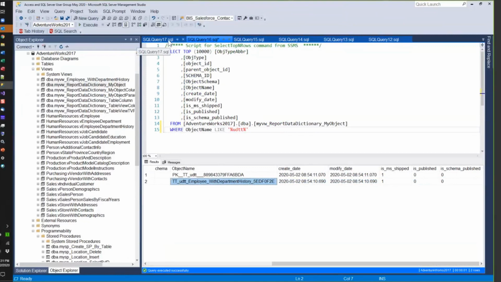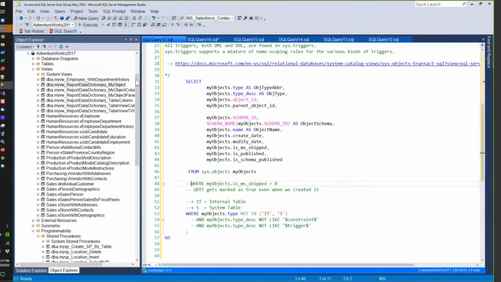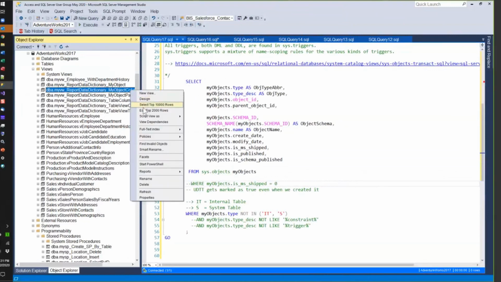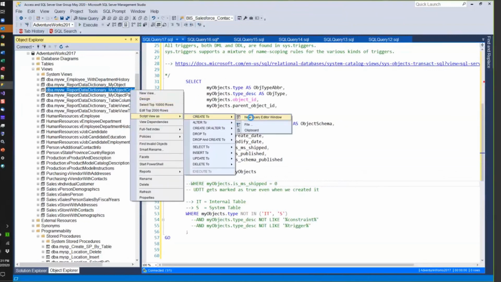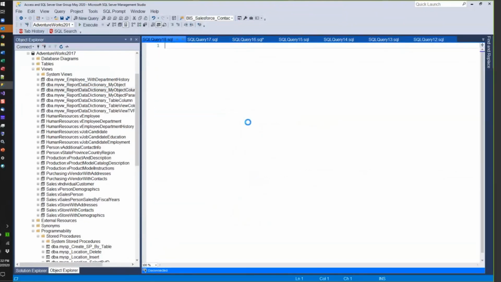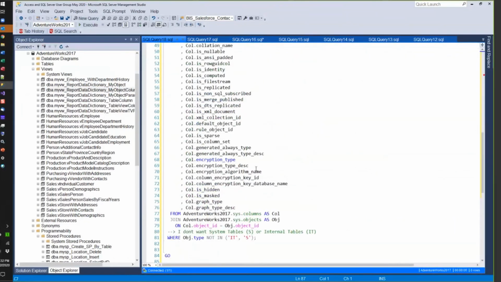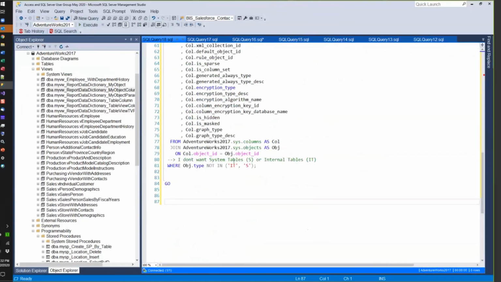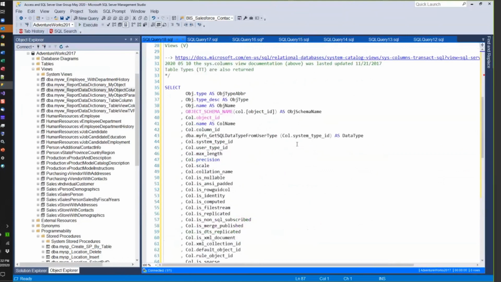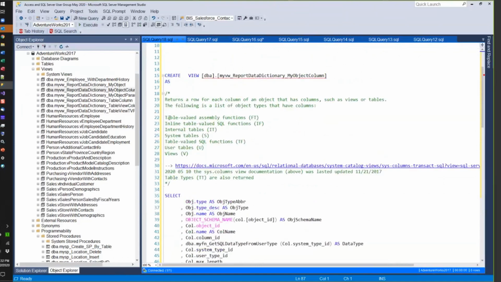So what we didn't really have a lot of time to get into is that you can join columns. Here, I join the columns. I just don't want the system tables or internal tables. When does columns work? Columns, these are the things that will return a column. Notice stored procedures are not in here, so for what's coming out of your stored procedures, there's no good way to find that. If you look up the documentation about it, it was last updated on